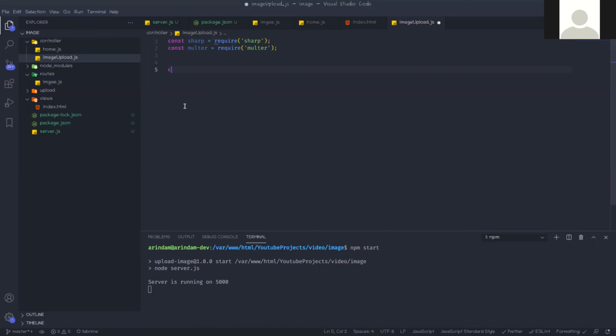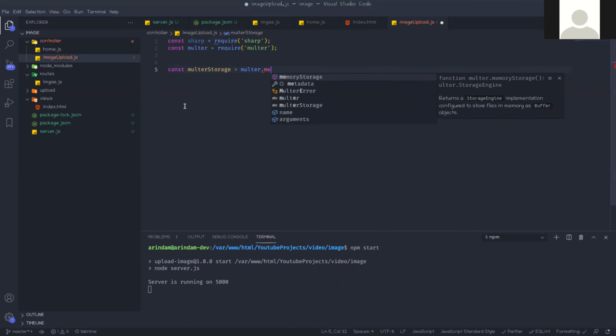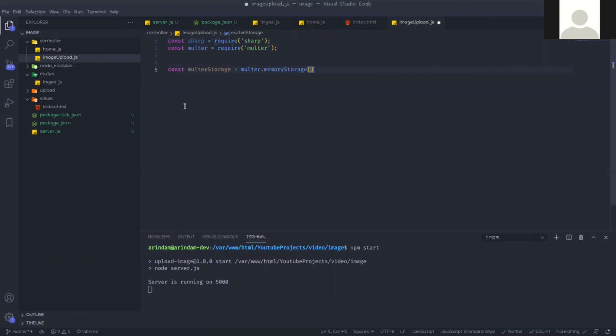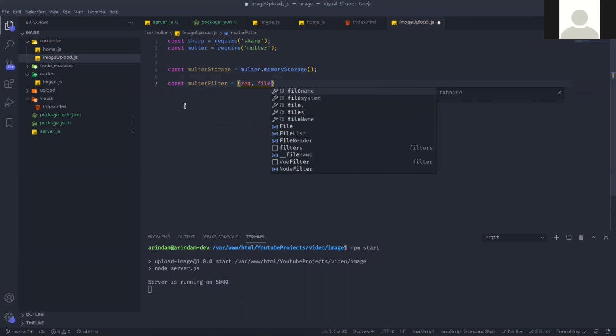So first const multerStorage, we are creating one variable, multerStorage, and then we are calling the multer.memoryStorage function. Then we can filter those images. So we create another variable, multerFilter. The parameters are request, file, and the last one is the callback function.